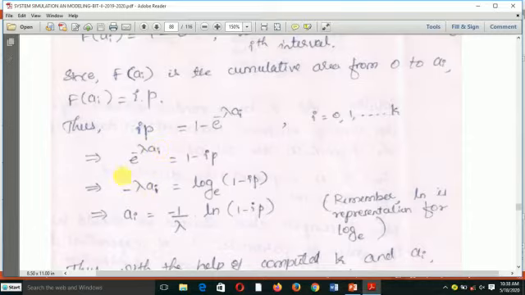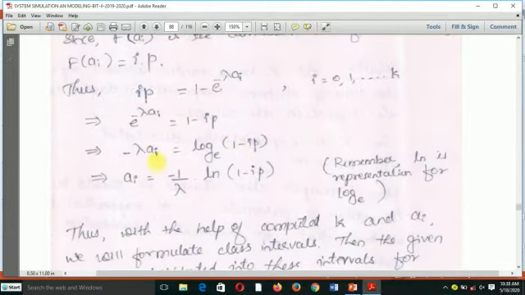If we put them down here immediately, according to the mathematical formula, on the right side we are going to use log e, the logarithm. So it will be log e of 1 minus ip. So I can calculate this one. If I calculate this one, it means that I will here have minus 1 divided by lambda.